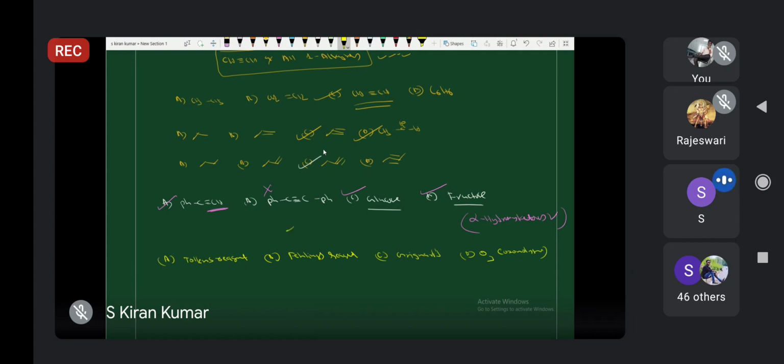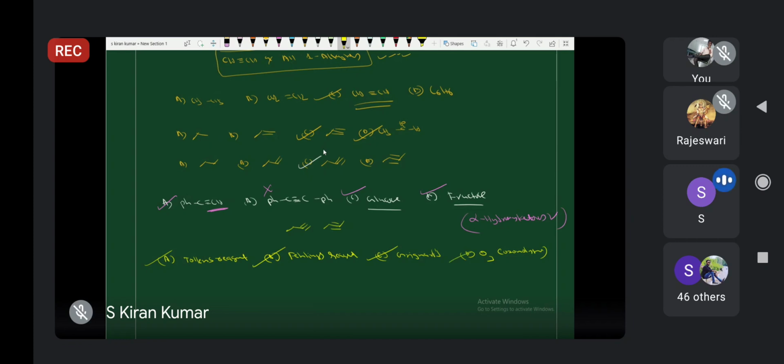1-alkyne and 2-alkyne, 1-butyne and 2-butyne: separated by which method? A is correct, B is correct, C is also correct. Acidic hydrogen is there in 1-alkyne, therefore it reacts with the Grignard reagent. 2-alkynes, no reaction. In ozonolysis also, double bond positions and even triple bond positions are identified by the ozonolysis reaction